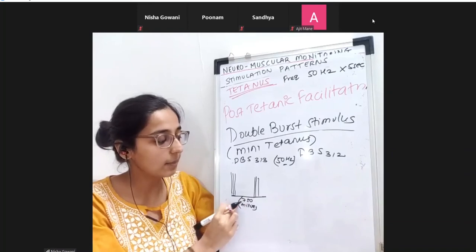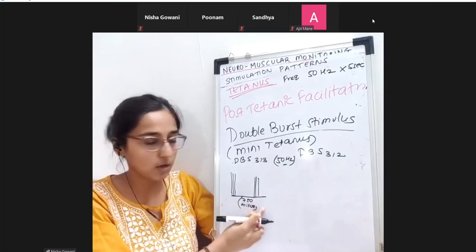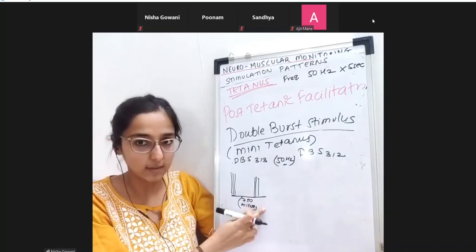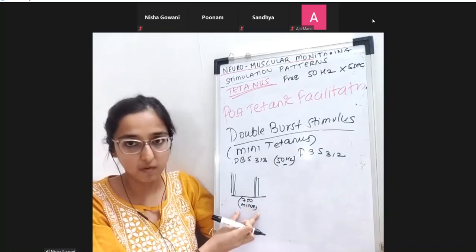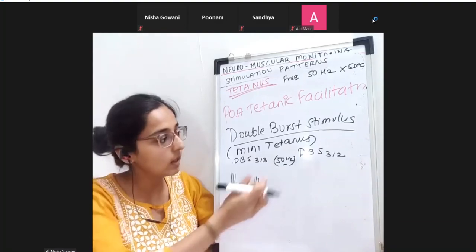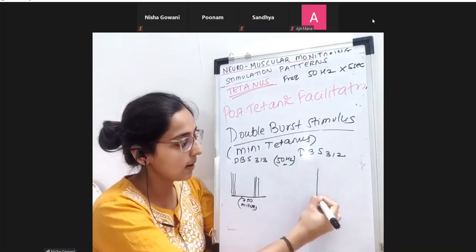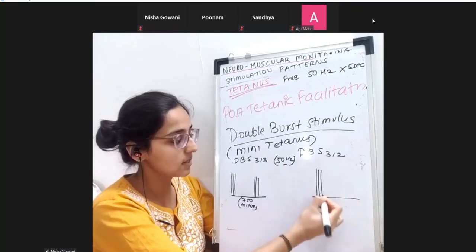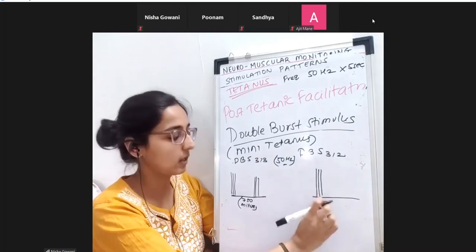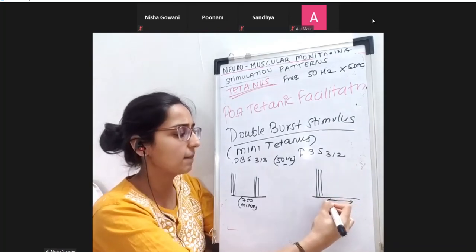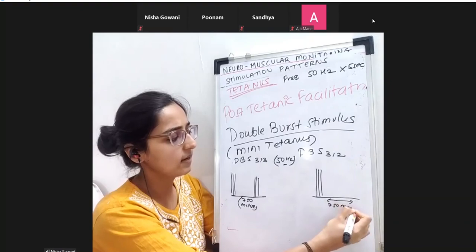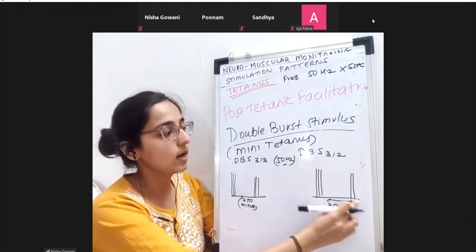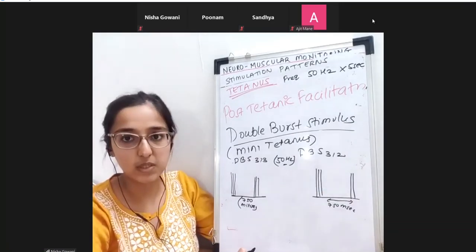Here, there is double delivery, double burst, double delivery of stimulus. Tetanic speed only, 50 hertz speed only it's going at. Okay. But there is a gap of 750 milliseconds. There's a break in the middle. 3 by 2 means what? In 3 by 2, it's the same thing. So there are 3 times the stimulus is going, at the speed of 50 hertz. Again, there is a gap, same 750 milliseconds. Then I am going to give 2 more. 2 more stimuli are going at the speed of 50 hertz, frequency 50 hertz.